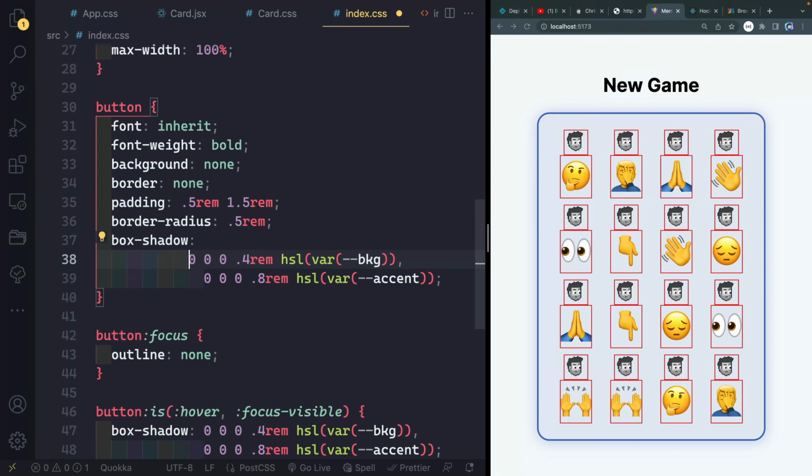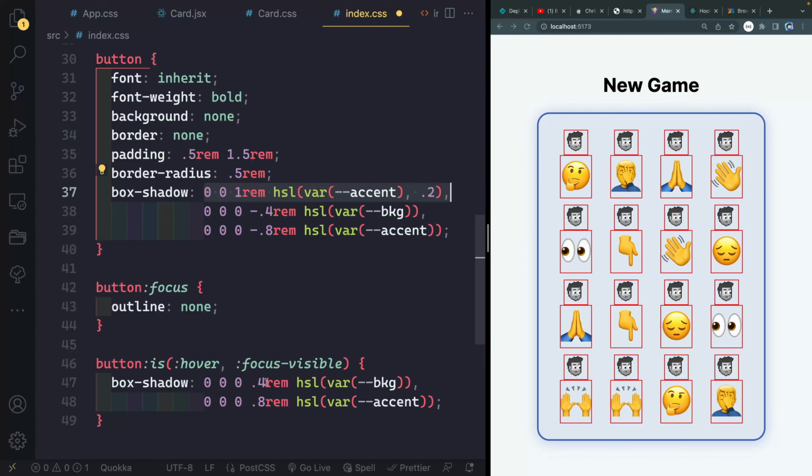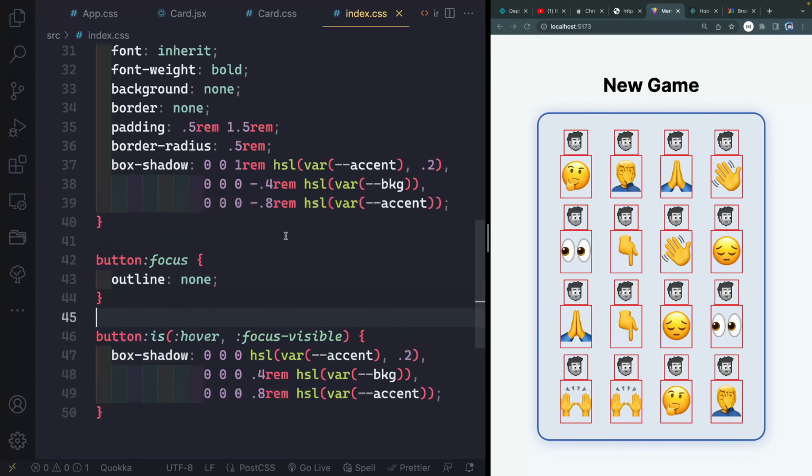So what I want is for it to kind of fly out from the inside. So we'll say 0, 0, except here we'll say like 1 rem. And we'll have nothing there and set this to accent with like, what do we do? 0.2 opacity, something like that. And then these will be negative. So I'll set these both to negative. And then we can do the same thing here, except we'll get rid of this box shadow entirely. Like this and like this. So that one will be gone and these should pop out. So if I resave this,